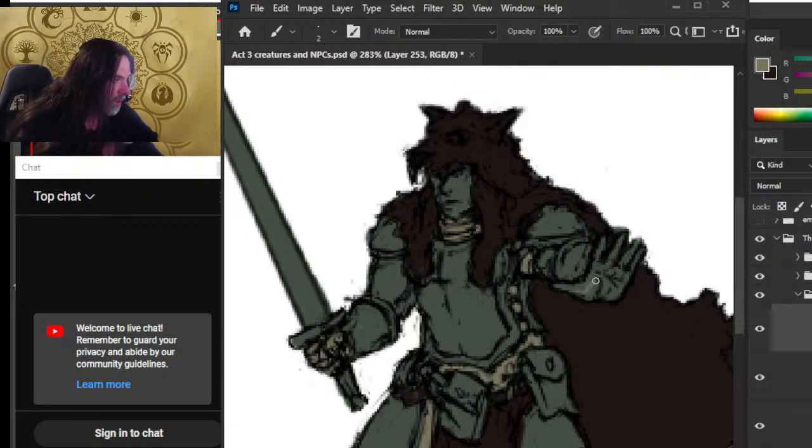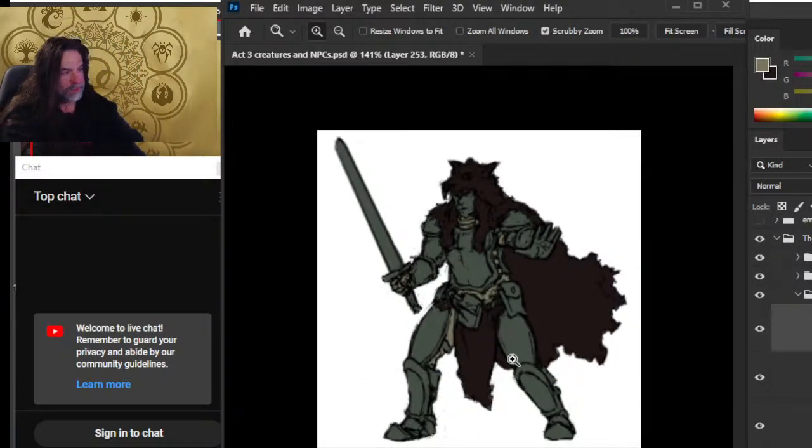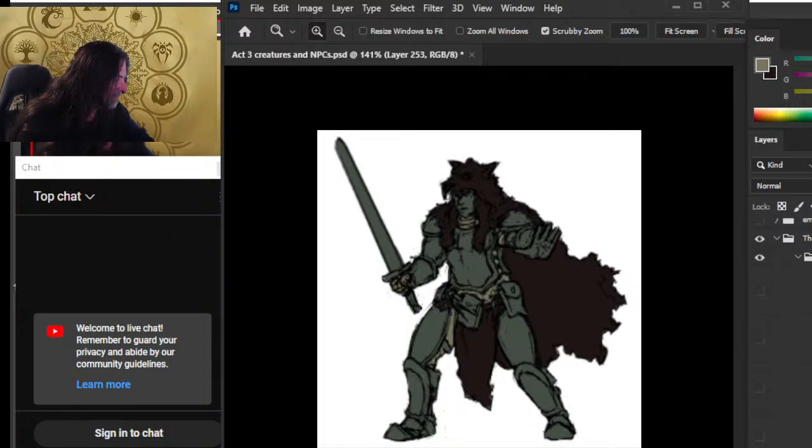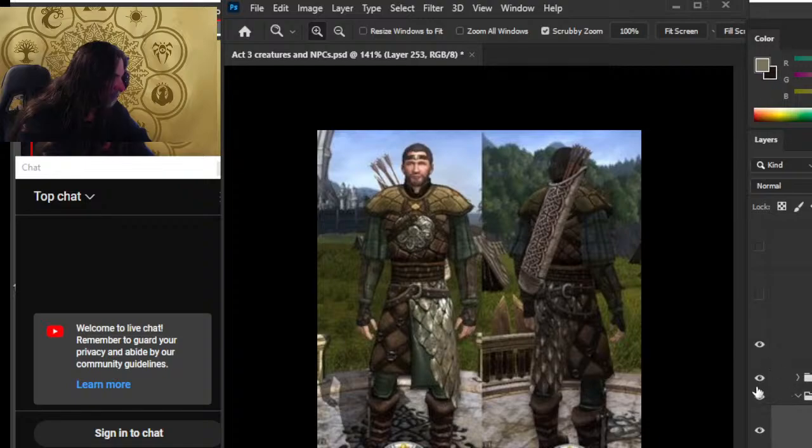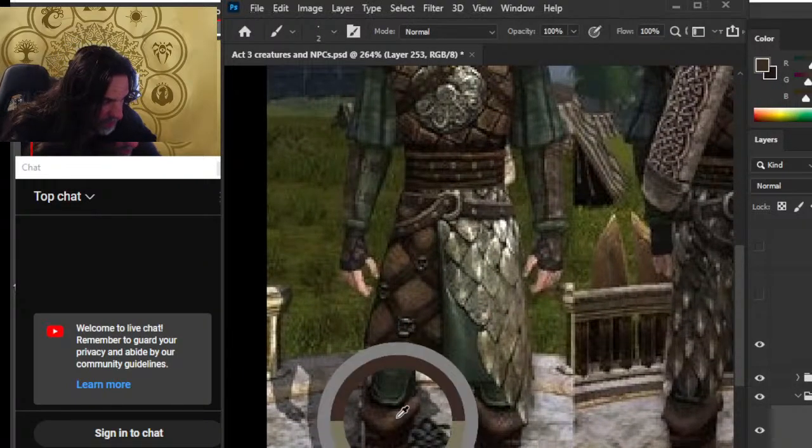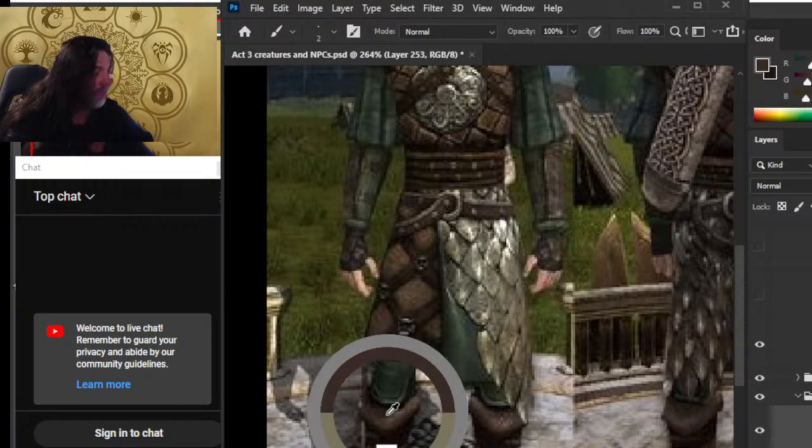Go for that mid-tone on the glove like I was talking about. Nah, we'll go barehanded. So we don't need a lot of references there, but we have enough. Let's go back to our reference. Let's grab those boot colors down here.